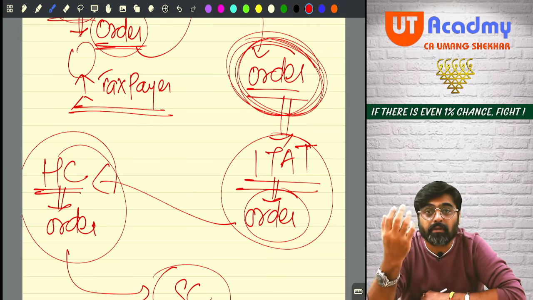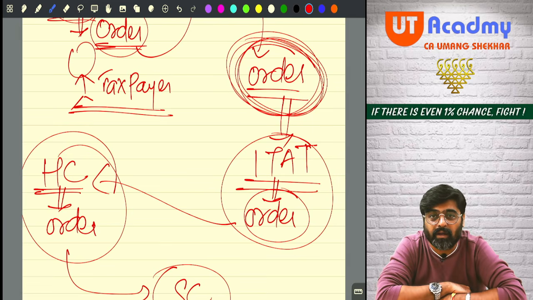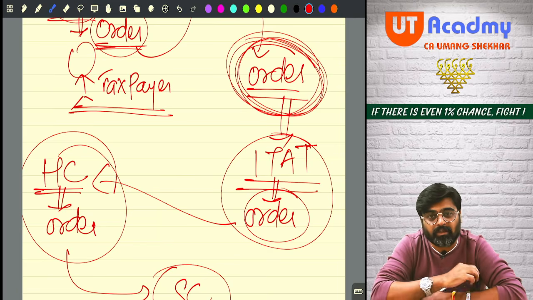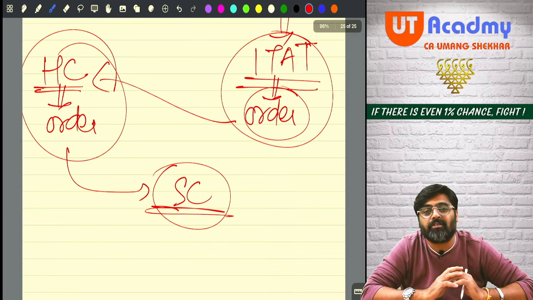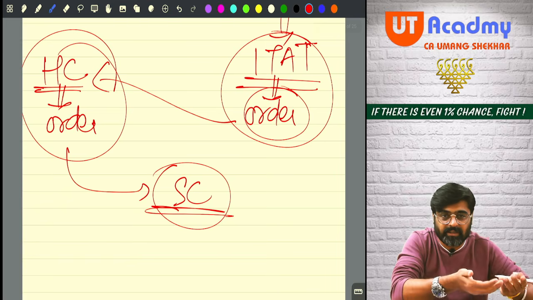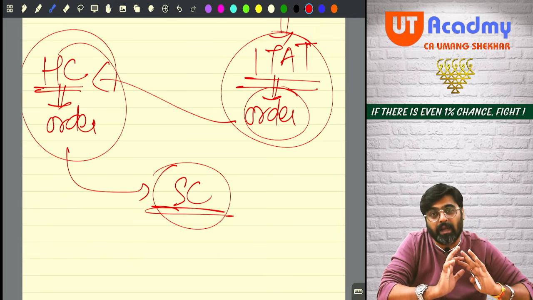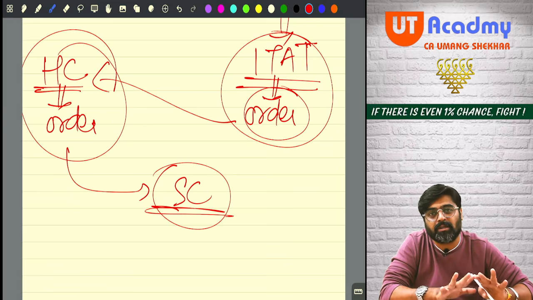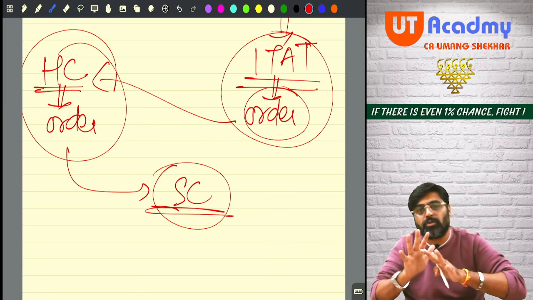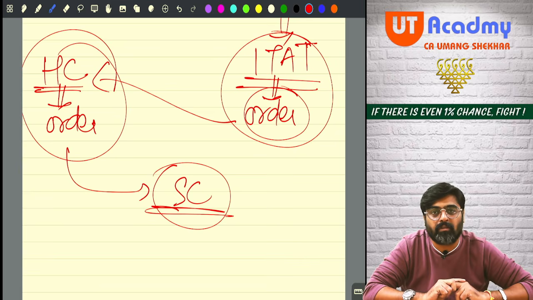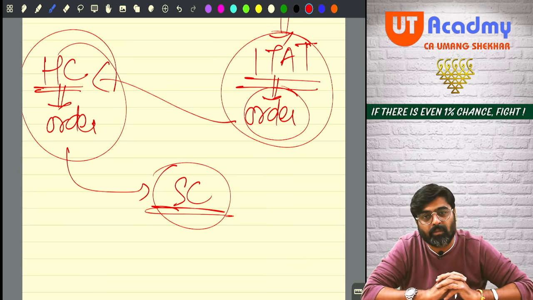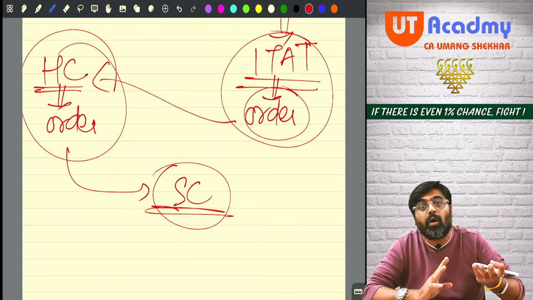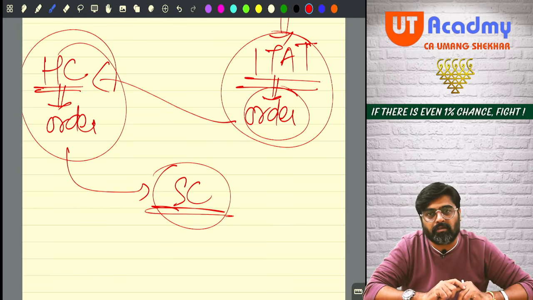We have to learn that also wherever required. So at certain places I will tell you Supreme Court judgments. Because of that judgment, there is an interpretation, and as per this interpretation, we are now supposed to follow this under the Income Tax Act, because once the judgment is passed by the Supreme Court, that becomes the law of the land. Automatically it becomes part of the Income Tax Act.